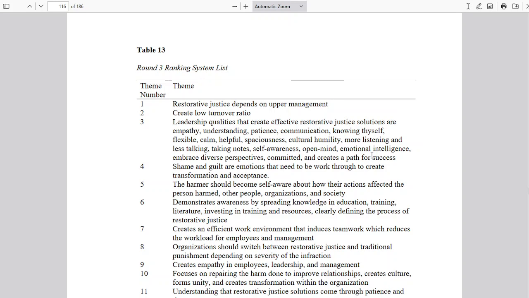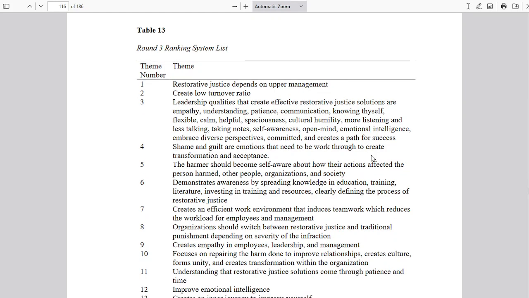So then, okay, so these are the themes. Restorative justice depends on upper management. Create low turnover ratio, leadership qualities. Then that create effective restorative justice solutions are empathy, understanding, patience, communication, knowing thyself, flexible, calm, helpful, spacious, cultural humility, more